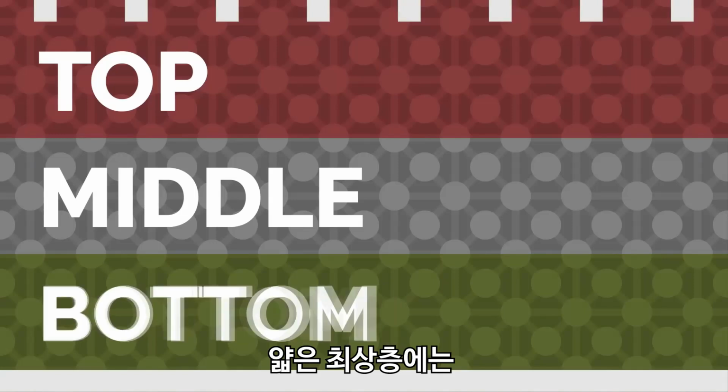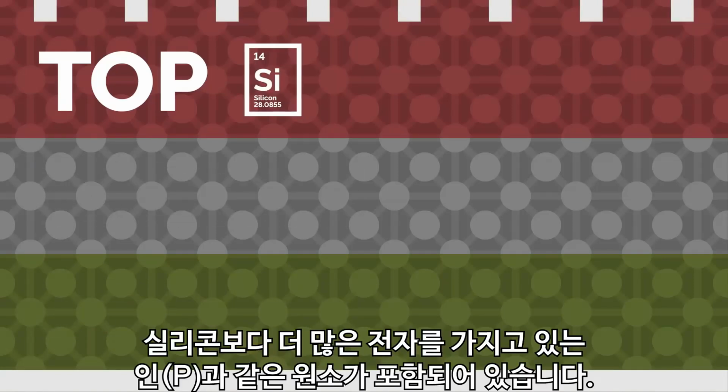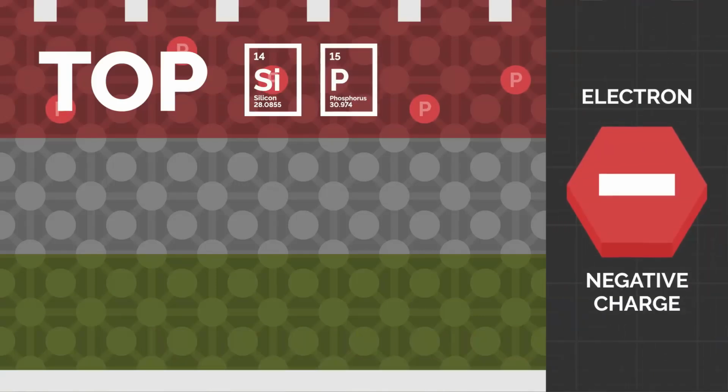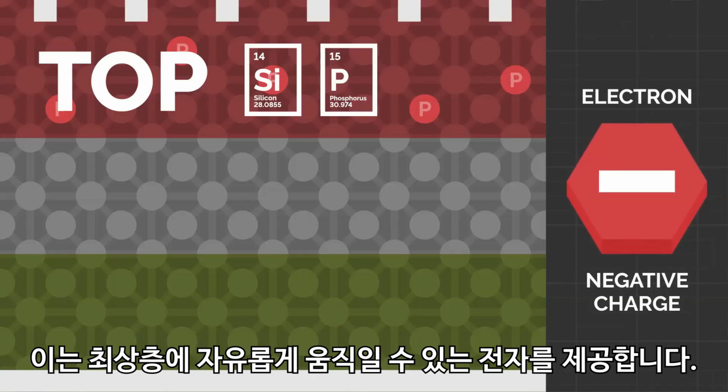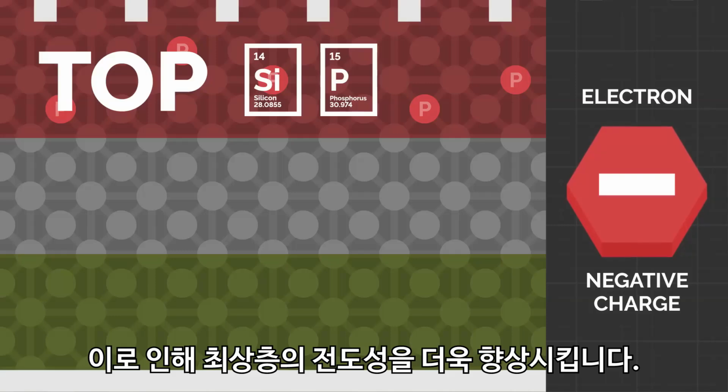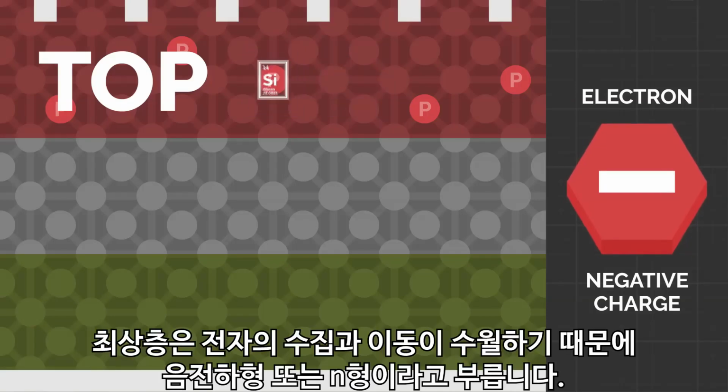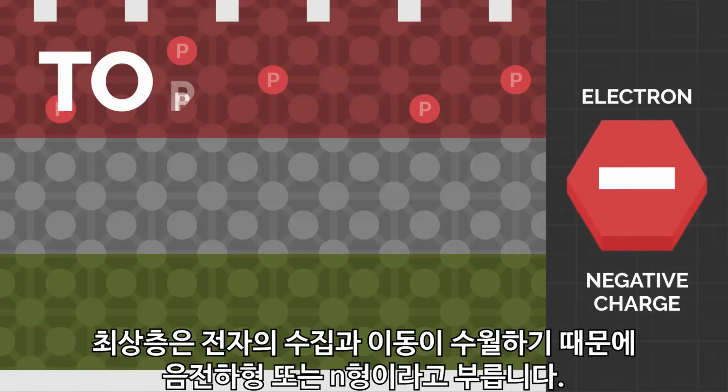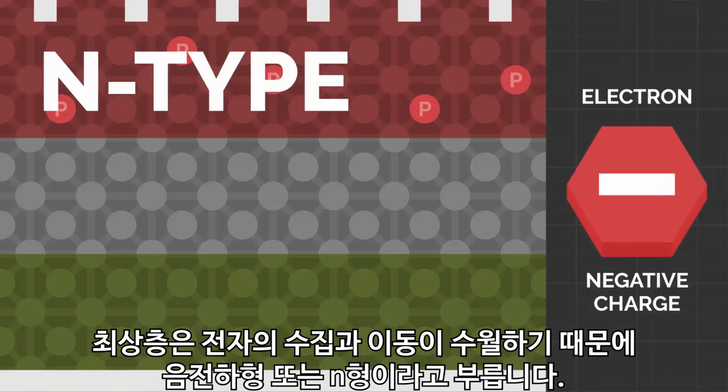The thin top layer contains silicon and a very tiny amount of an element such as phosphorus that has more electrons than silicon. This gives the top layer an excess of electrons that are free to move and make the material more conductive. The top layer is also called negative type or N-type, as it favors the collection and transport